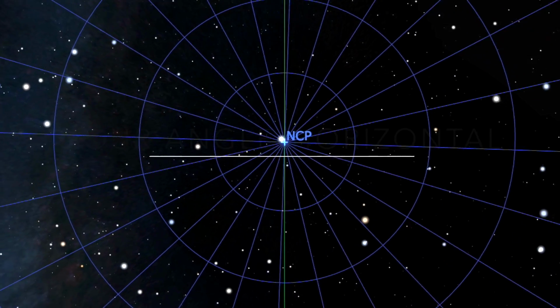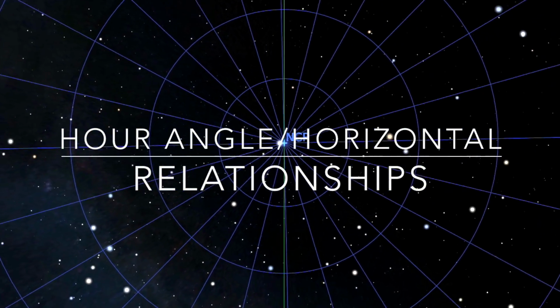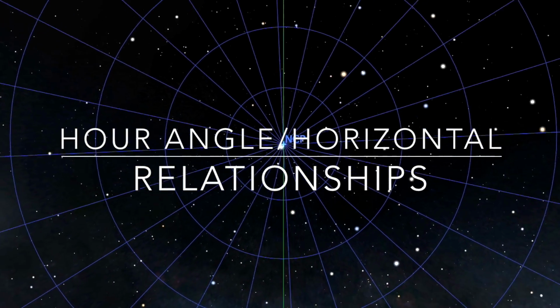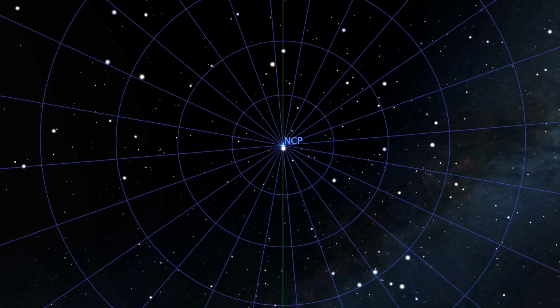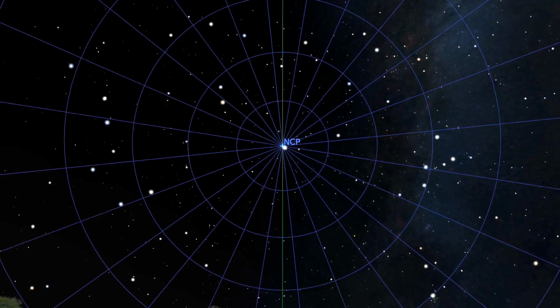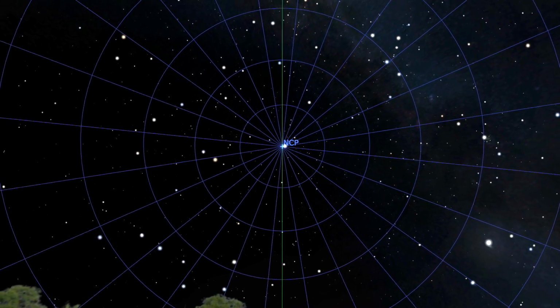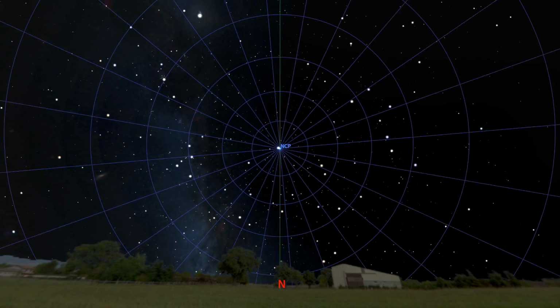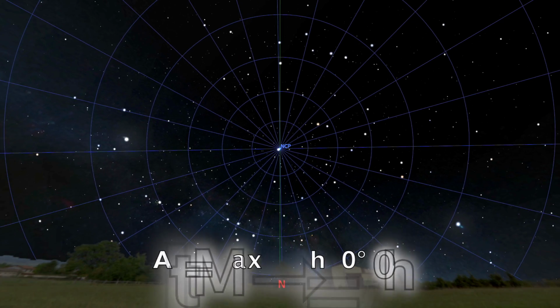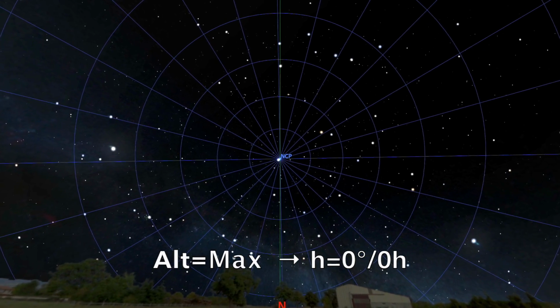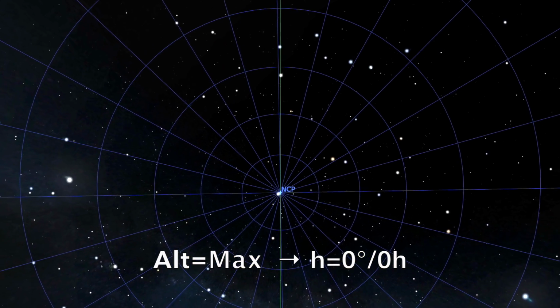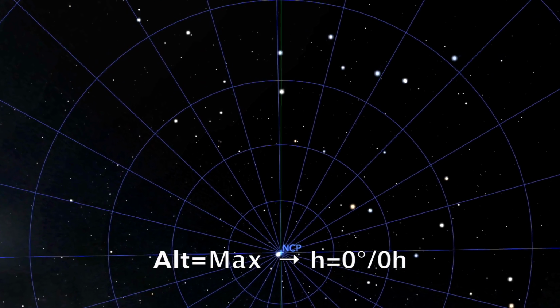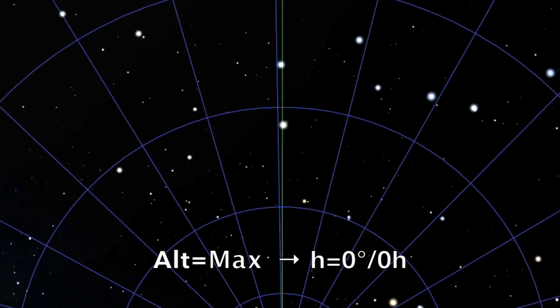There are some very important relationships between the hour angle coordinate and the horizontal coordinates of an object, which make it an essential component in the conversion between the systems. The following rules are true for any latitude on Earth. A celestial object located at its maximum altitude will be located on the meridian, and will therefore have an hour angle of both 0 and 24 hours or 0 and 360 degrees,